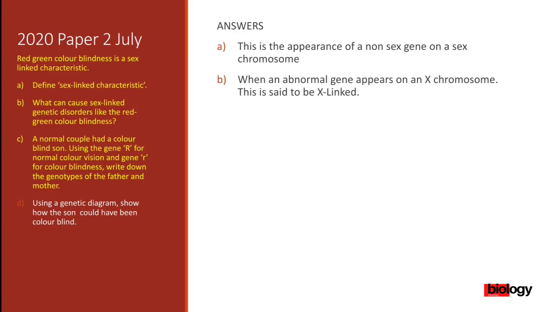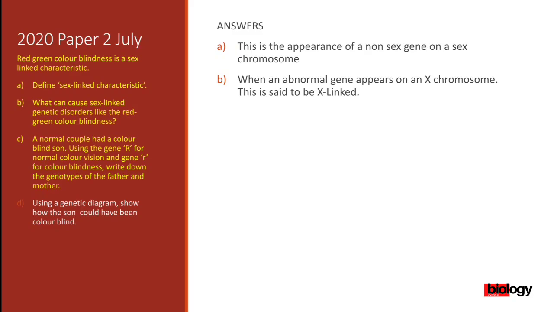Now, how is that possible? Both parents are normal, but yet the son is sick. How is that possible? Well, it's possible if the woman is a carrier. So a woman can be sick or a carrier. If she's a carrier, she's considered to be normal, but she has that abnormal gene. Okay, she is normal, but she is a carrier of that abnormal gene, which can cause